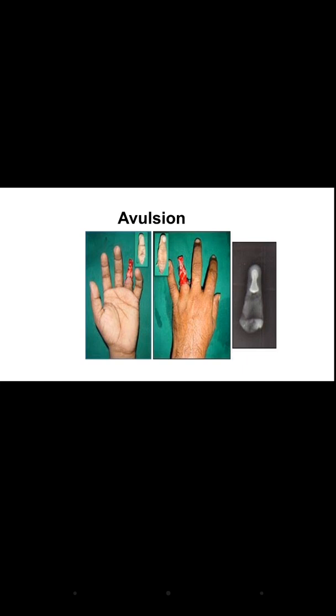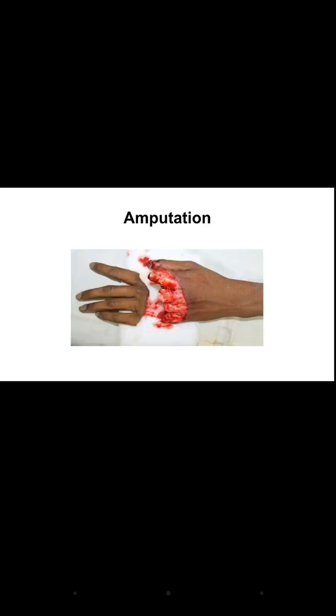Next, avulsion. Avulsion most commonly occurs in the fingers, hands, and ears, and there is a partial tearing of a patch of skin. It may become loose and hang from the body, or it may be completely removed. And avulsion causes heavy bleeding. In this image, you can see the finger is torn partially, not completely. Amputation. Amputation means cutting of the body part. In this, you can see the fingers are amputated.